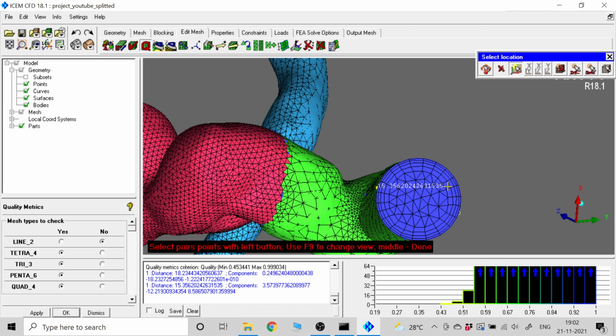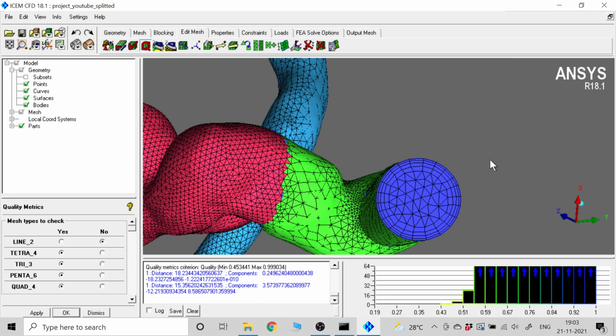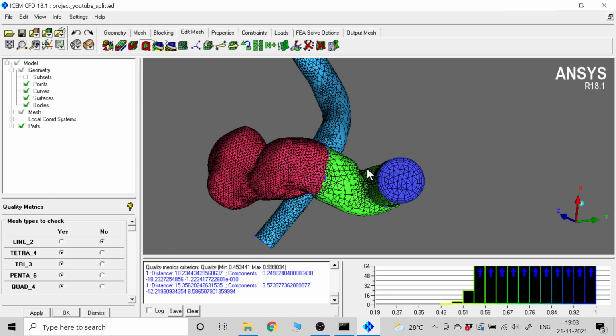Of course this is unitless, but we should have an idea of what unit it should belong to. Definitely it should not be meter, because 15 meter would be too big for an aneurysm, especially for an intracranial aneurysm. Most probably it will be millimeters. So we'd like to scale the whole thing before